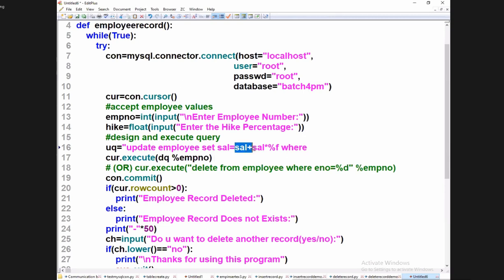I told already in the class in the beginning days, this value is there, na? Some percentage means what? 10% if we write it. What is the value that will be coming? In this case, sal is equal to what? Sal plus sal into, like this you are getting. Mathematically speaking,